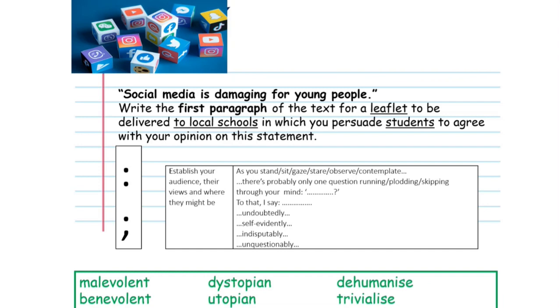And then in the quotation marks, you put what would be going through their mind. For example, how can I get more followers on Instagram? To that I say, it's a scandal, it's a disgrace, etc. And you can use those other words underneath to improve upon those main clauses as well. It is undoubtedly a scandal. It's unquestionably a disgrace. Okay, so pause the video there. Take 5 minutes to write up your